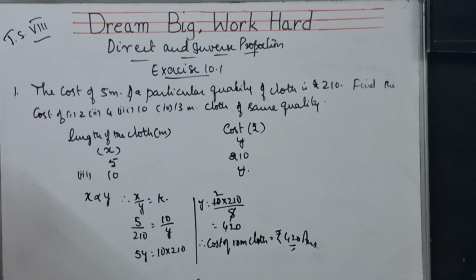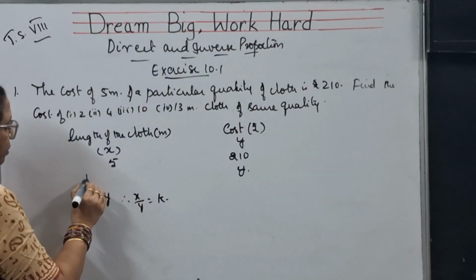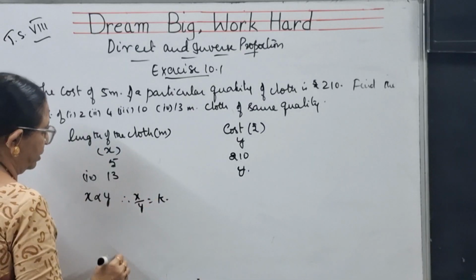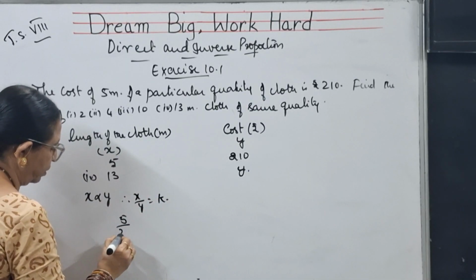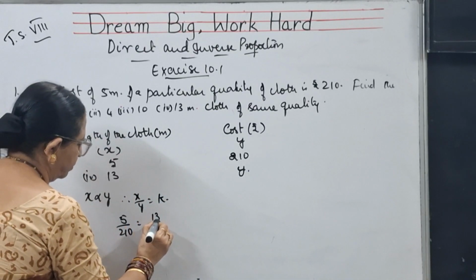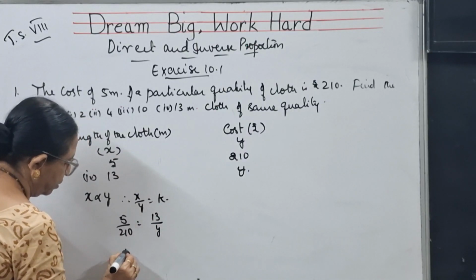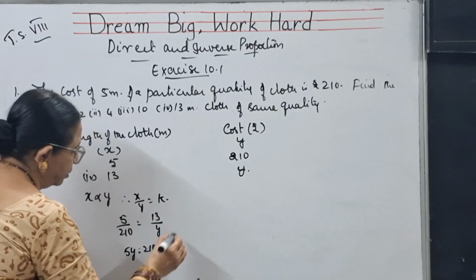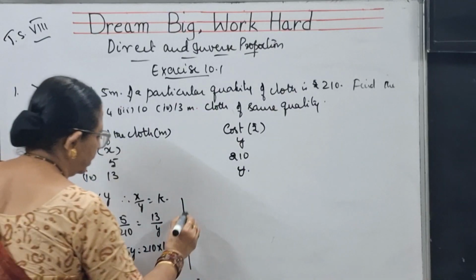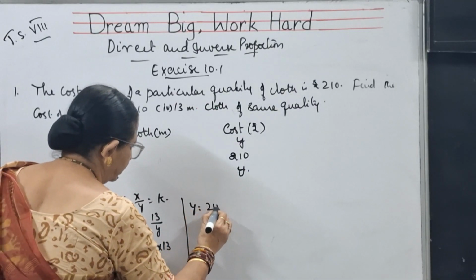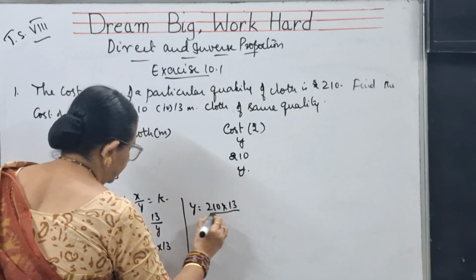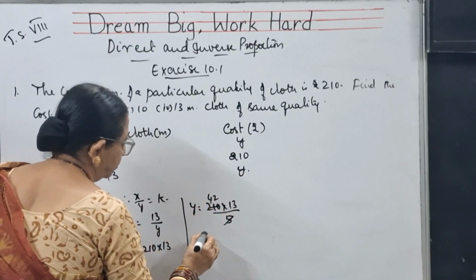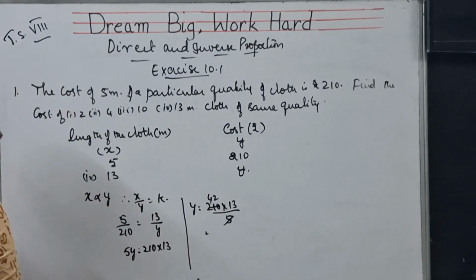The next bit is 13 meters of cloth. So x by y is constant. 5 by 210 is equal to 13 by y. 5y is equal to 210 into 13. So y is equal to 210 into 13 by 5. 5 fours are 20, 5 twos are 10. So